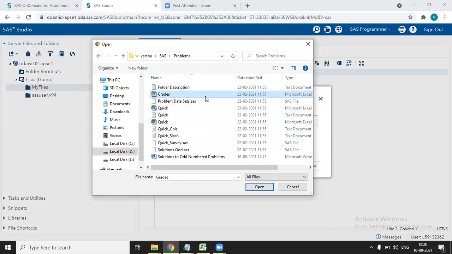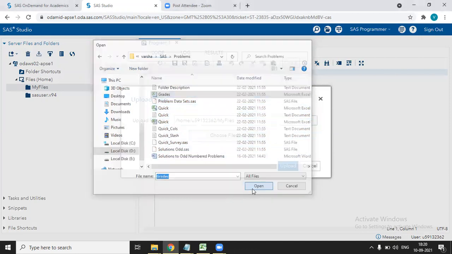Or suppose you want to select a series of datasets, like from grades to the last one, select the first one, hold the shift key, and then select the last one. All the files in between get selected, and then click on open. But for now, I'm just selecting a single file at a time and clicking on open.